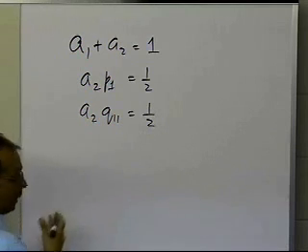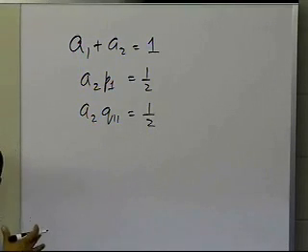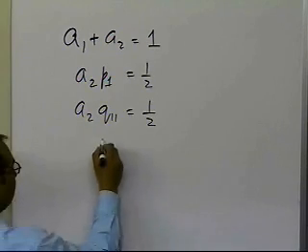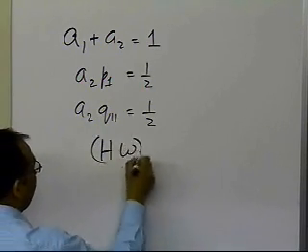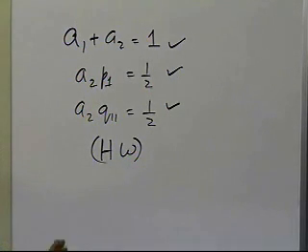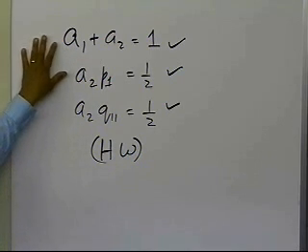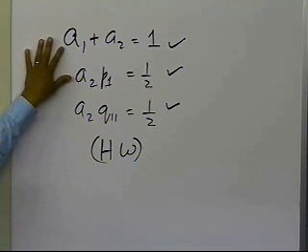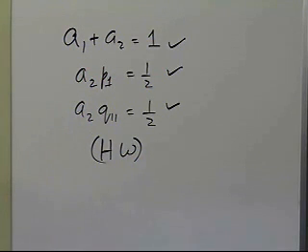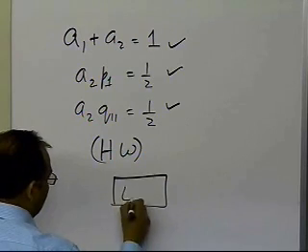It is not very easy to show it on the board how I get those by equating the terms, because there are so many of those terms. So I would like you to do that as homework to see how I got these expressions. It's basically to equate the terms which are the same from the two expressions, and you'll easily find out that this has to be equal to 1, this has to be equal to 1/2, and this has to be equal to 1/2. And that's how the Runge-Kutta second order method equations are derived. And that's the end of this segment.